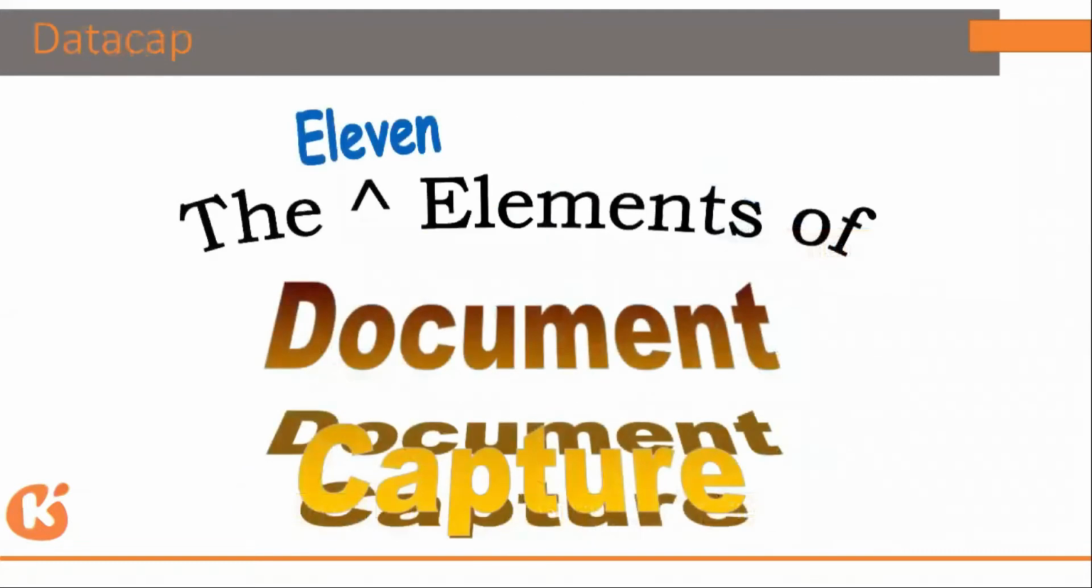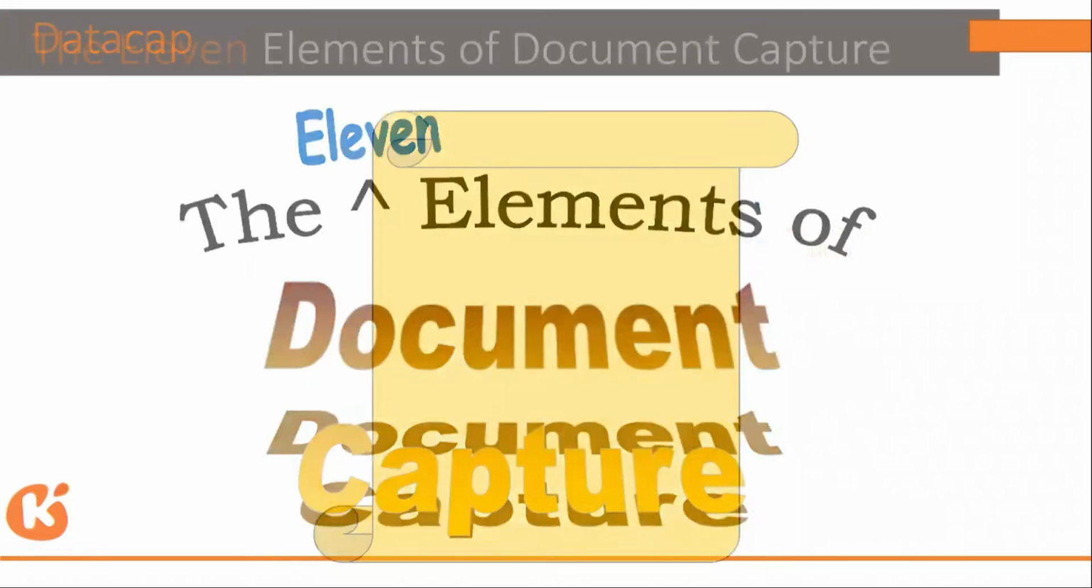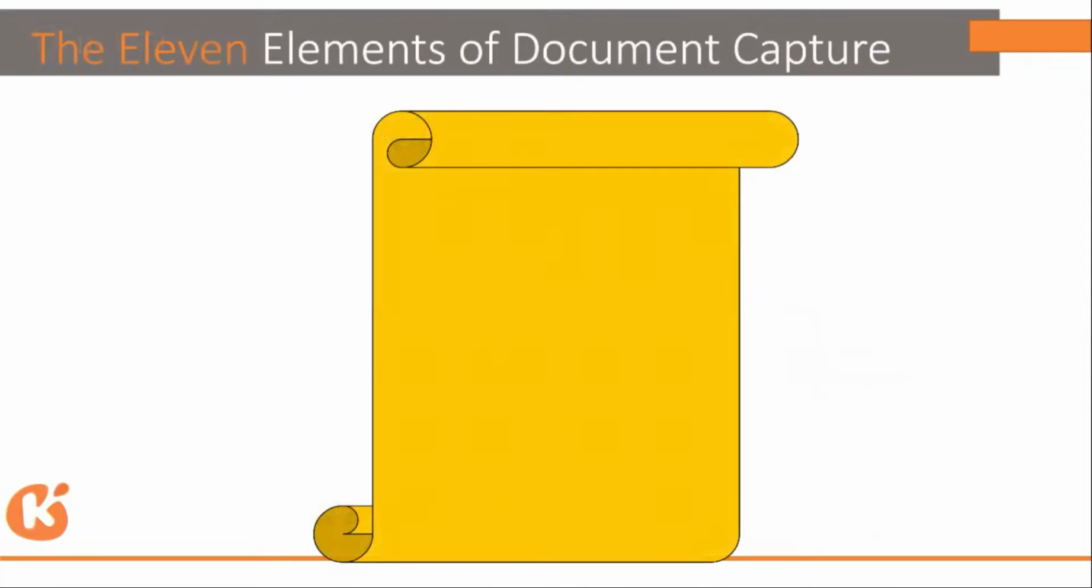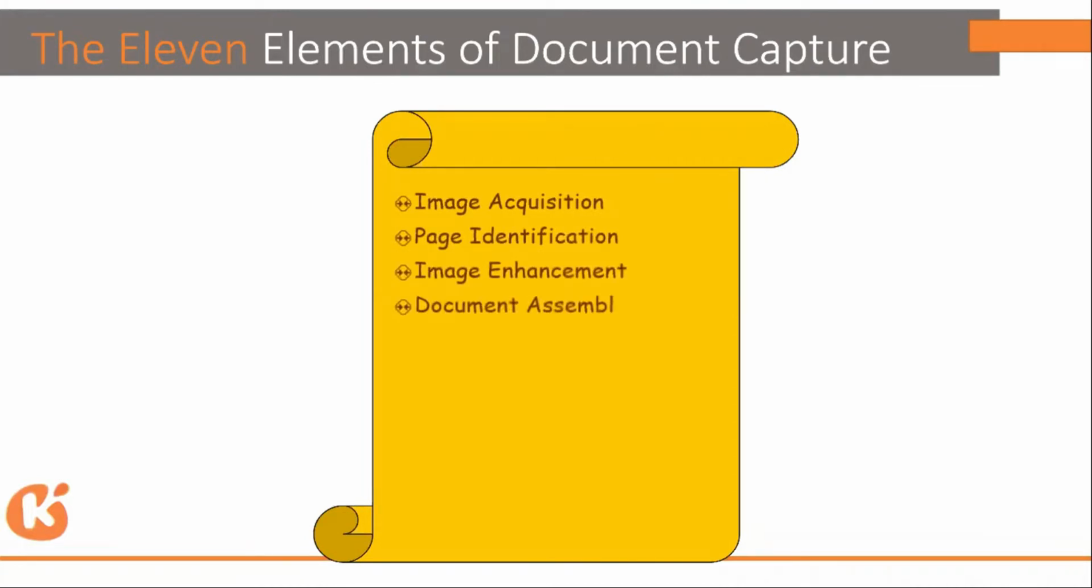Basically, we have 7 elements which are used to capture the document. We'll see everything one by one. First, I'll describe all 7 elements of document capture, then we'll go through them in brief. First is image acquisition. Second is page identification. Third is image enhancement, then document assembly,